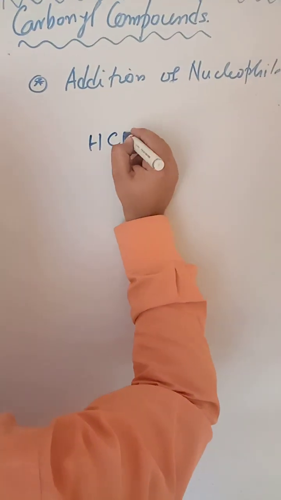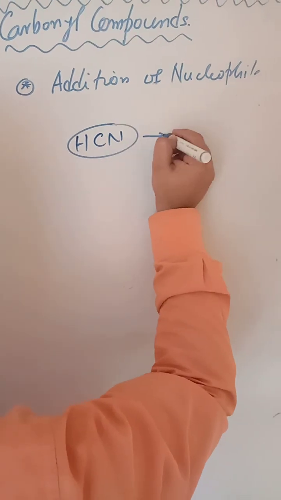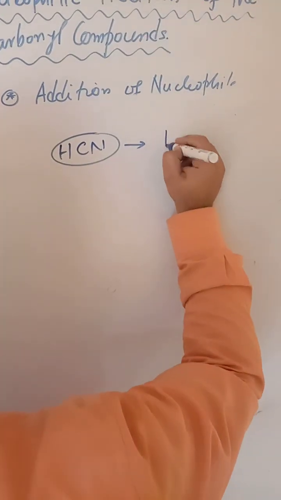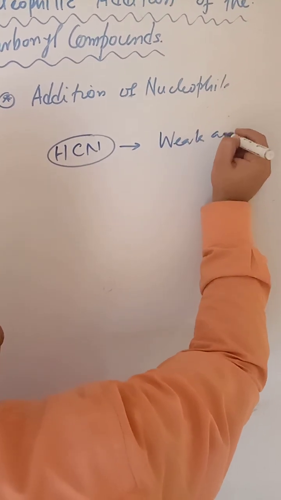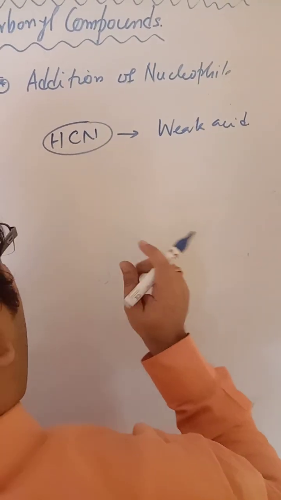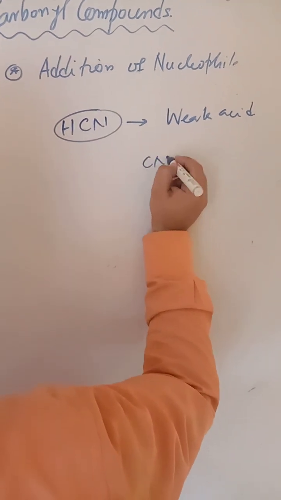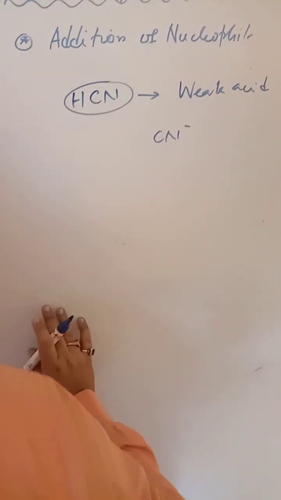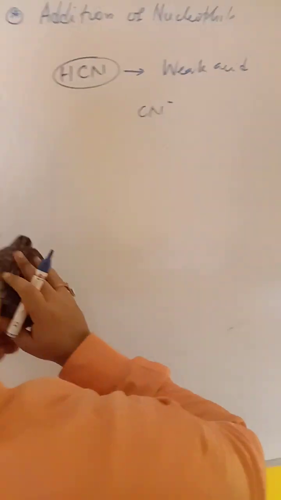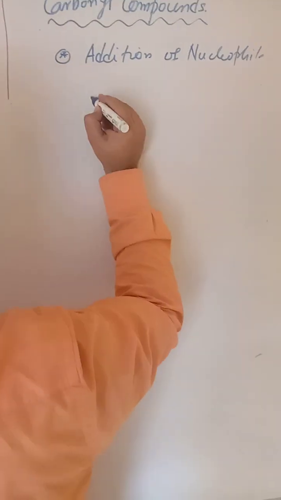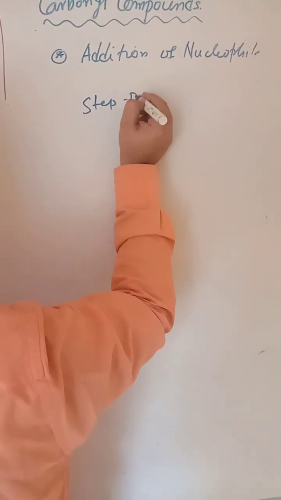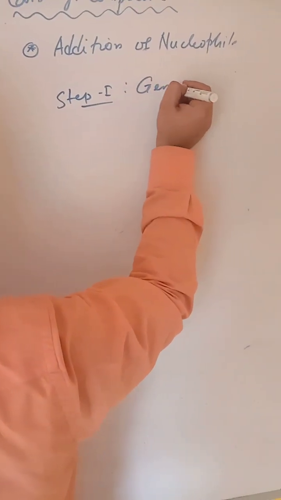Now when you consider this acid, you cannot use it directly for cyanidation. Why? Because it is a weak acid, ionizes to a very small extent, and so naturally you cannot get this nucleophile in a huge amount, which obviously slows the reaction. So to make the reaction fast, we go for step 1,